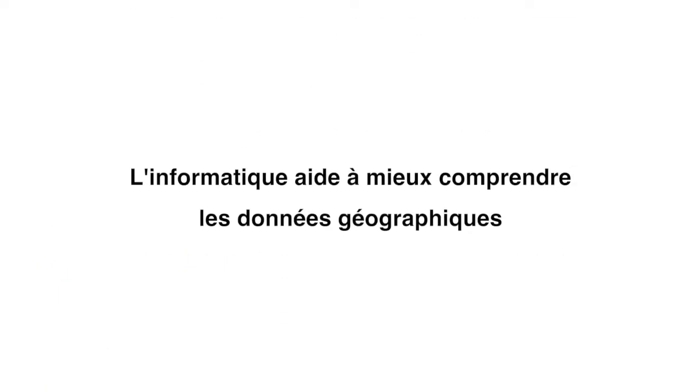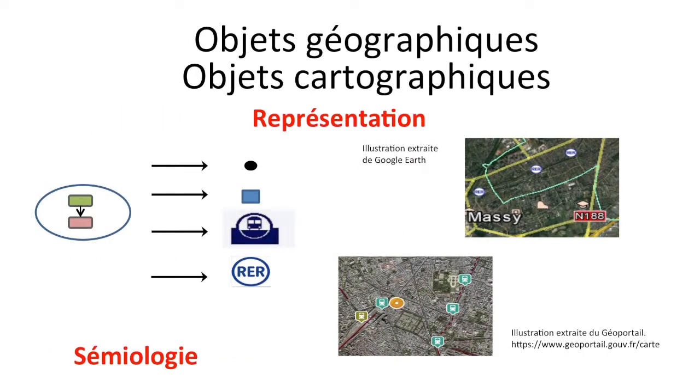The informatical object is hard to perceive. In this representation it is pictured as a blue ellipse, with its green and pink components. To visualize it, whether it is on a map or on a screen, the geographical object is associated with a cartographic representation. Sometimes, the word cartographic object is used. Those cartographic objects can be points. It can be blue squares. So we can work on forms, dimensions, colors, what we call visual variables, and represent it with small meaningful objects, like a train symbol or an RER symbol. So those are the 2 possible representations.